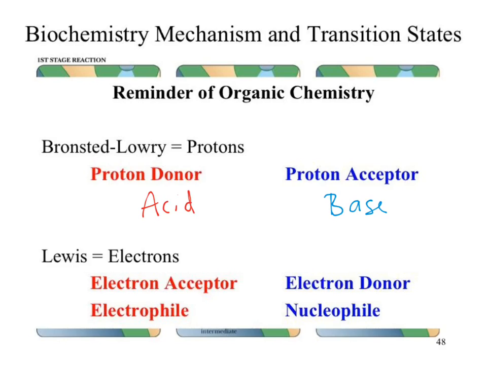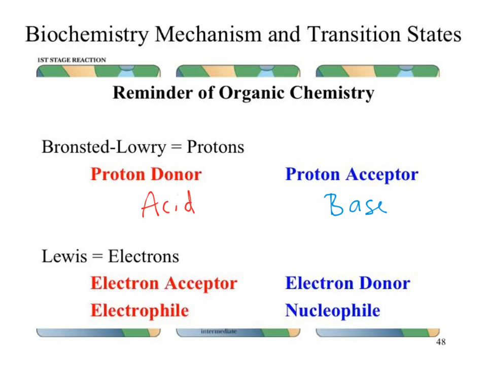If we go through and look at Lewis, this is where I want to differentiate. Lewis looks at just electron motions. Bronsted-Lowry looks at proton motions. If you do an acid-base reaction according to Bronsted-Lowry, it is still a Lewis acid-base reaction. You just have to change your focus from the electrons to the protons, or protons to electrons. So if we're saying we are exchanging electrons and no hydrogens are involved,